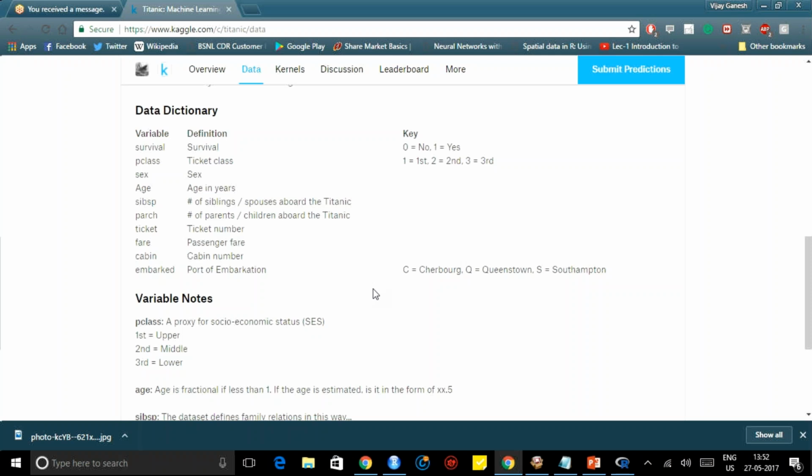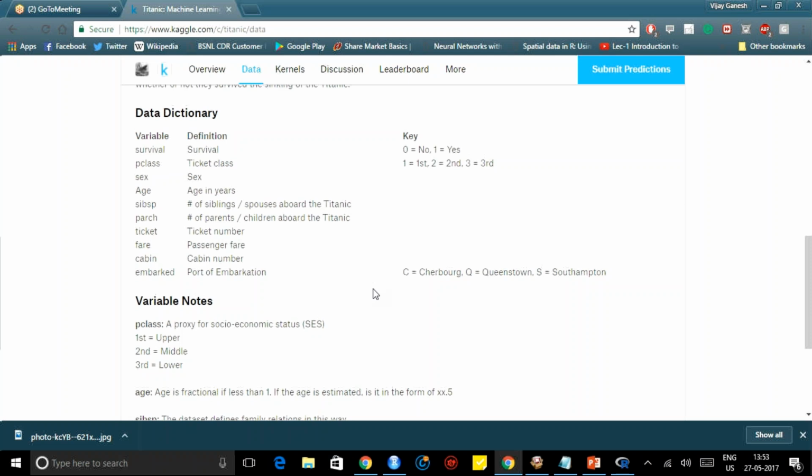So, yeah, the Titanic data. This is the Titanic data set. There is no shape for that. Google access only. Yeah. So this is the Titanic dataset. These are all the various attributes available.